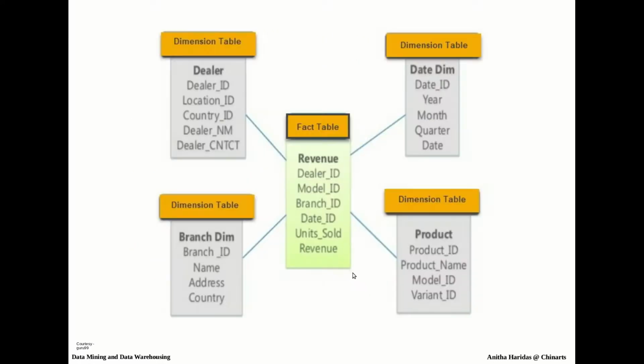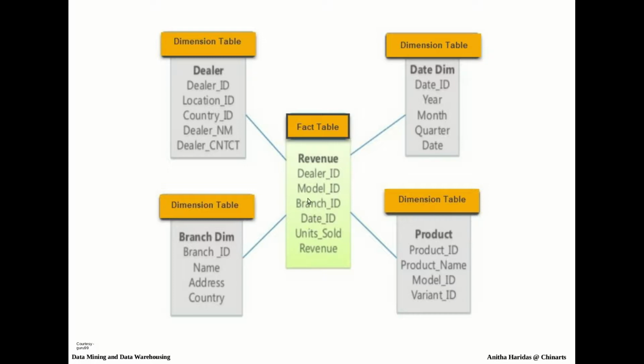But suppose, for example, I have dealer X and he is supplying products to branch 1 and branch 2. He is supplying item 1, item 2 and item 3, right? So he is supplying 3 items to 2 different branches. How will you enter it in the fact table? Dealer X, his ID, and branch 1 and item 1. So that will be one tuple.